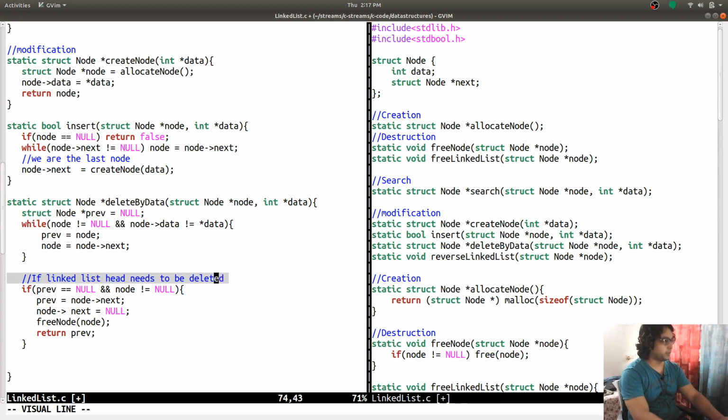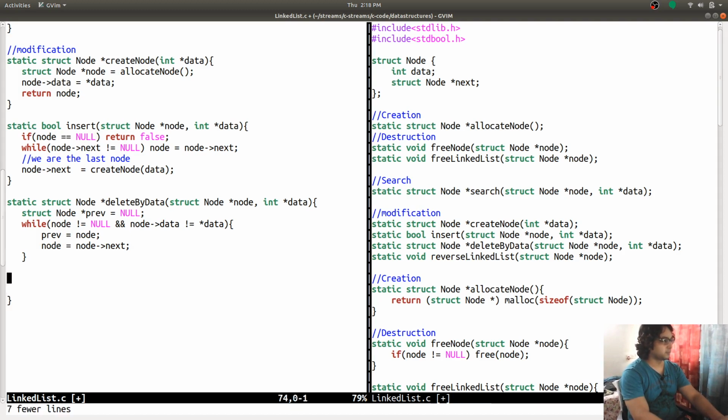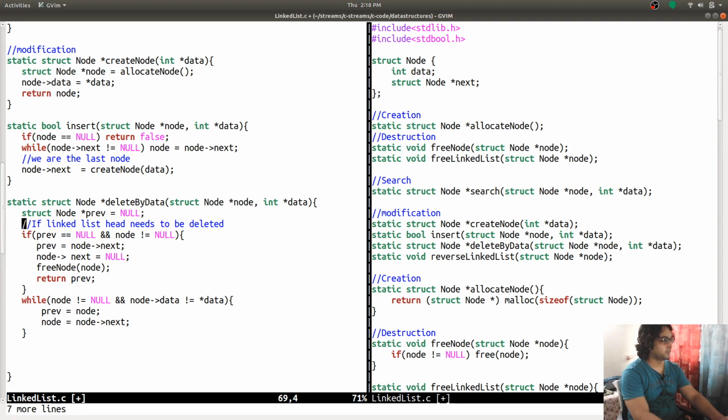Do I move this over here and say that if node is not equal to null?